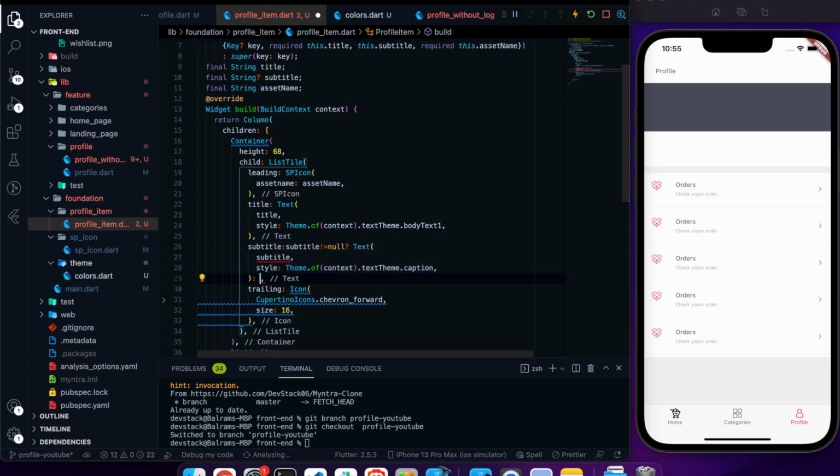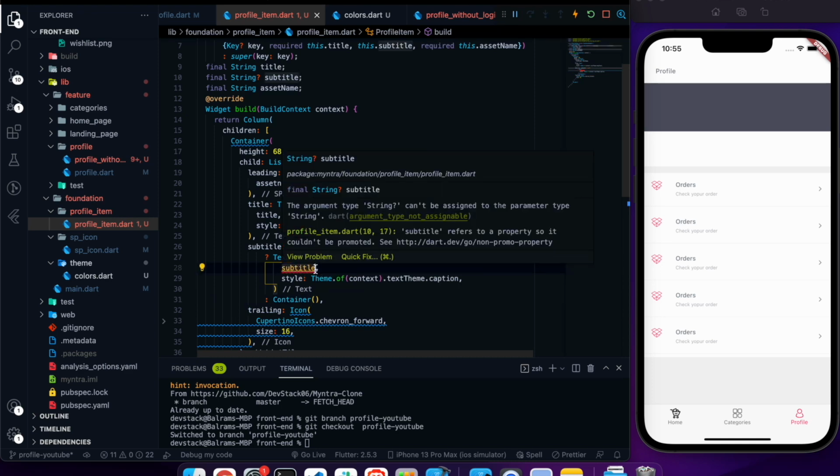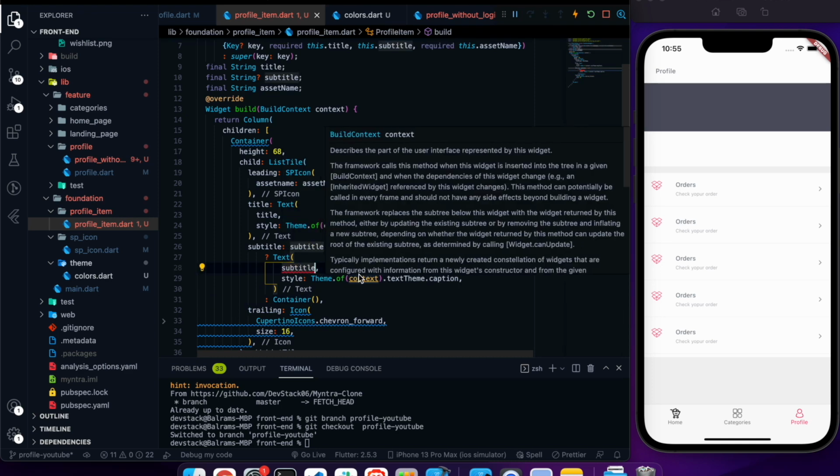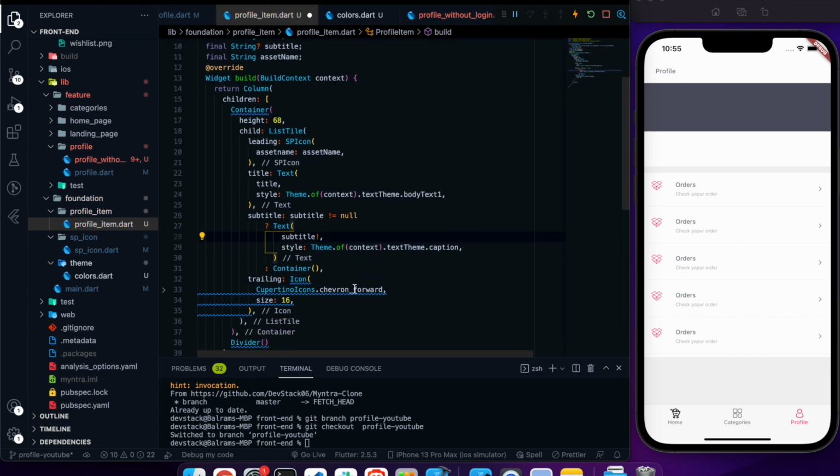Otherwise we will use a container, maybe an empty container. Again, it's complaining, so we can use the exclamation mark to avoid the null.